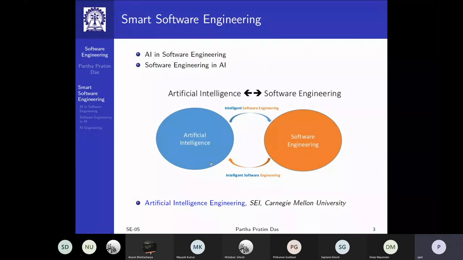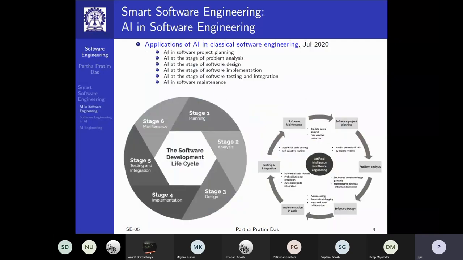So I'll try to take a little look into the first part: what is the role that AI can play in software engineering? And it is changing almost the whole universe.